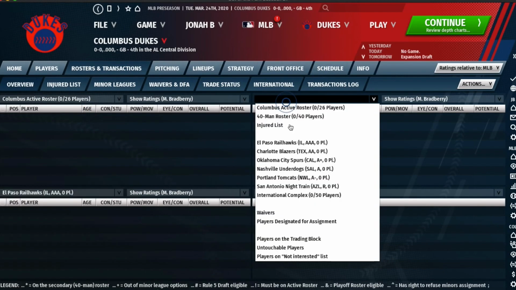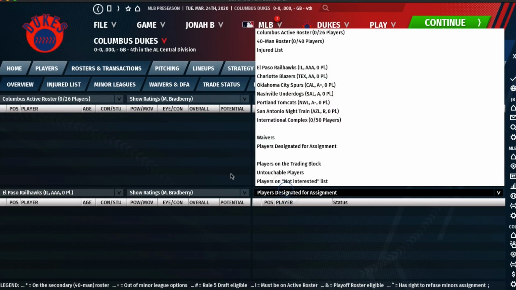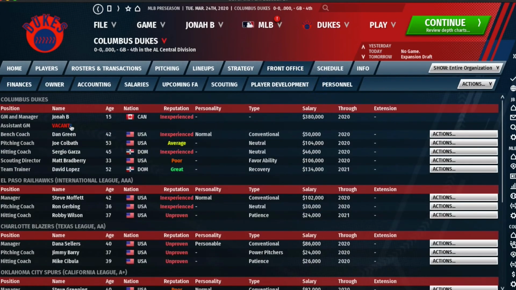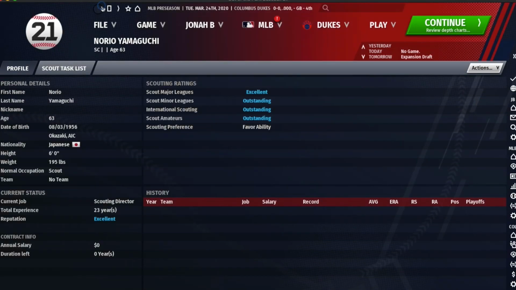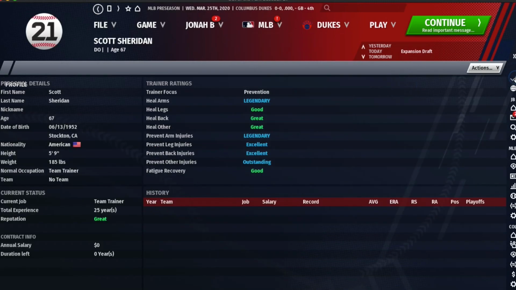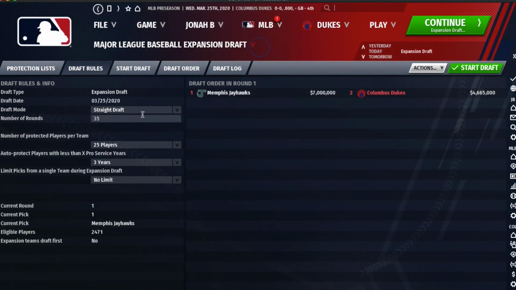Right now, there's no players in the team at all. There are a few minor league teams and the front office. There is personnel. So let's just start signing some better staff. That's usually what I do at the start. The expansion draft is tomorrow, so I am going to start off with the expansion draft. So I get the second pick,